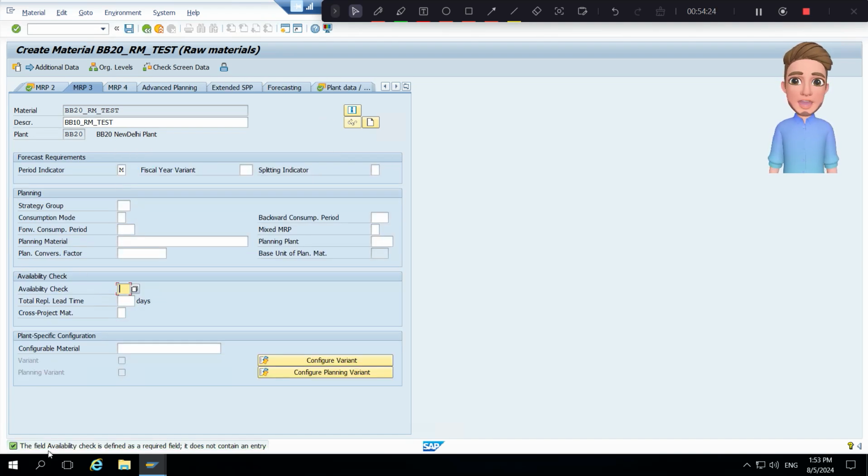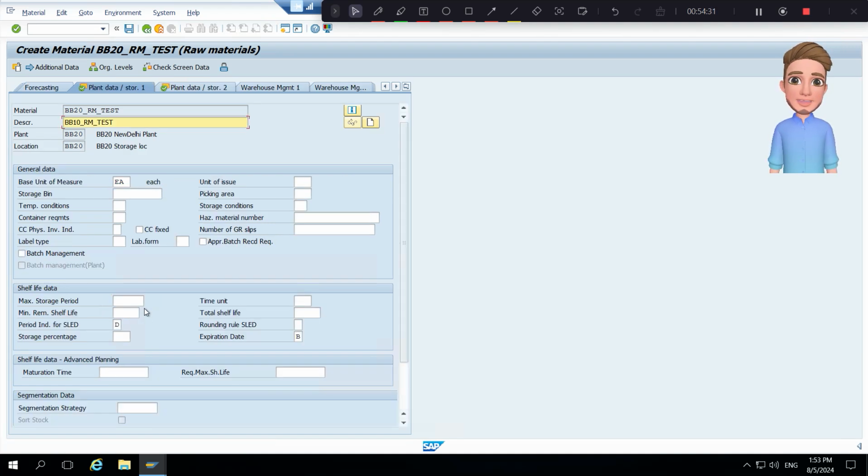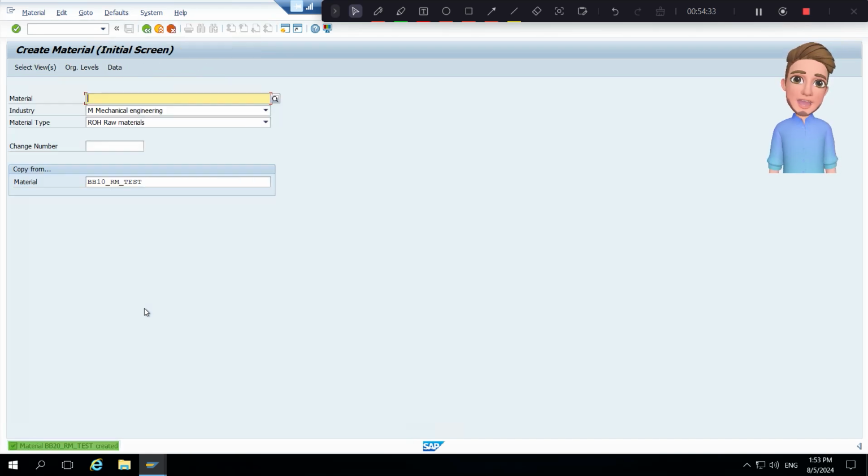The field availability check is defined. So what I will do, I'll go here, click availability check, say KP. When I save, it should give me the error. Oh, it's not giving me the error, which means it's getting created, which is fine. So I don't have to redo the error. The error is sorted because cost component structure is maintained at company code level. So that is done. So the FCML help, that program got activated and it rectified everything for